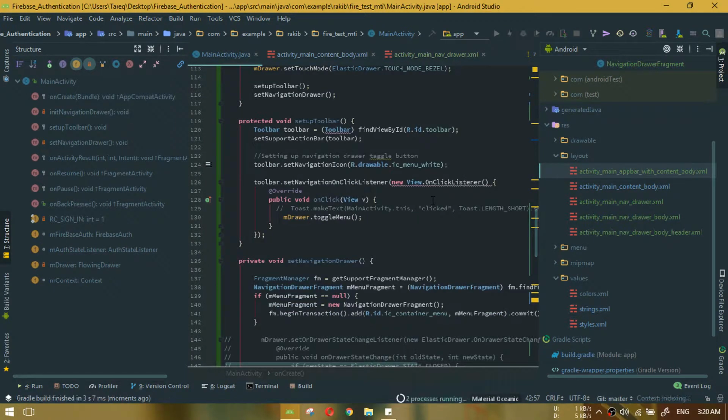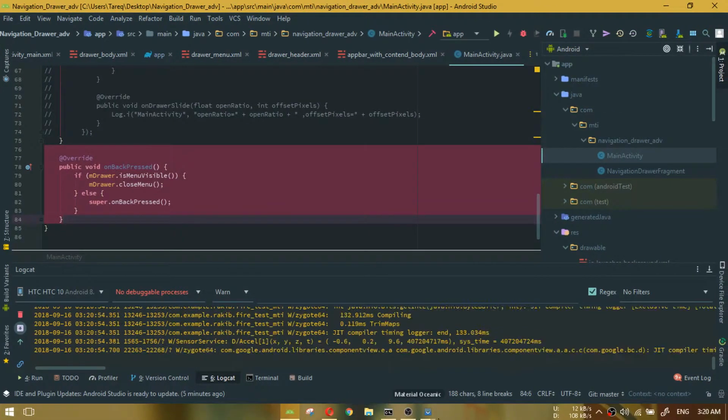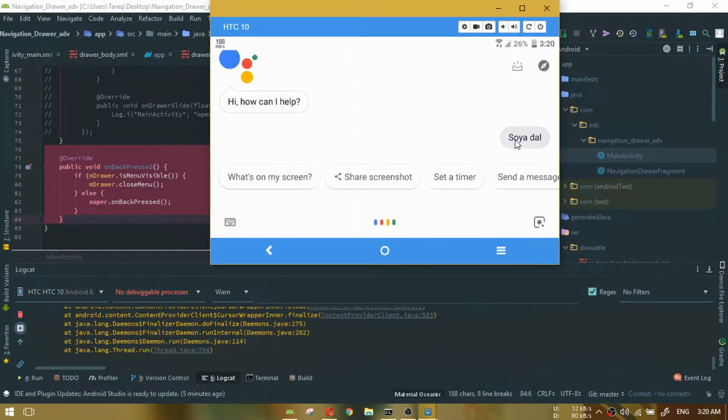If it doesn't work, kill me. I'll be happy to be killed by you. So it is working, that's a good sign. Let me show you the app. Oh my god, it has become